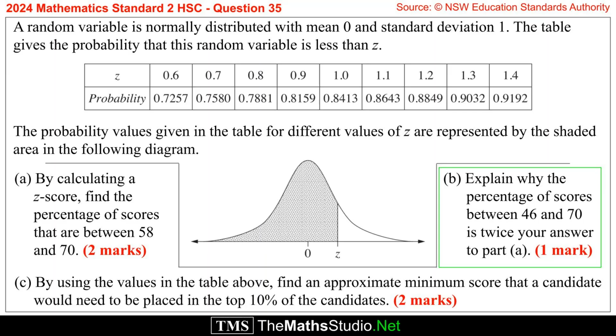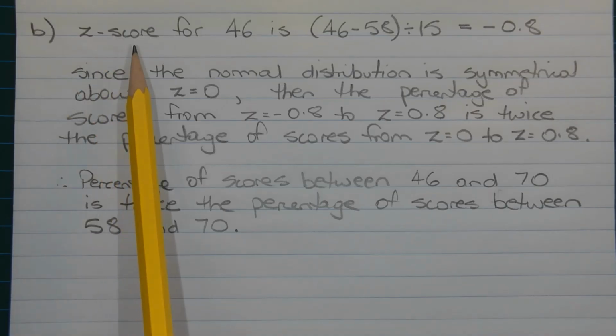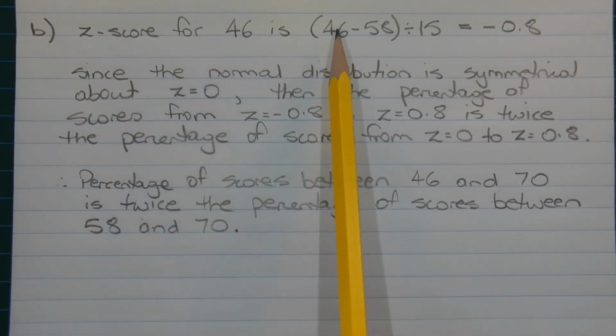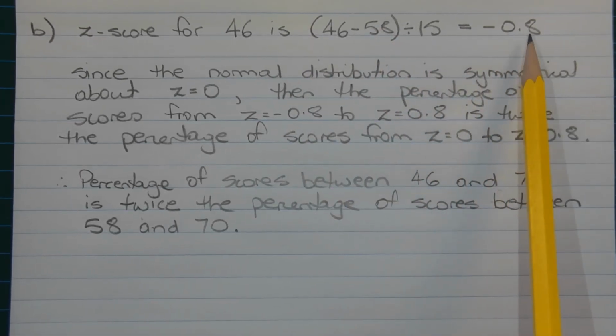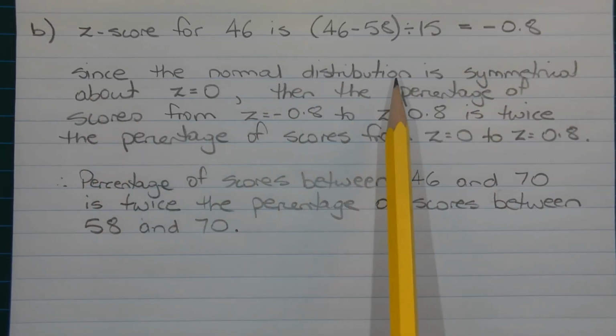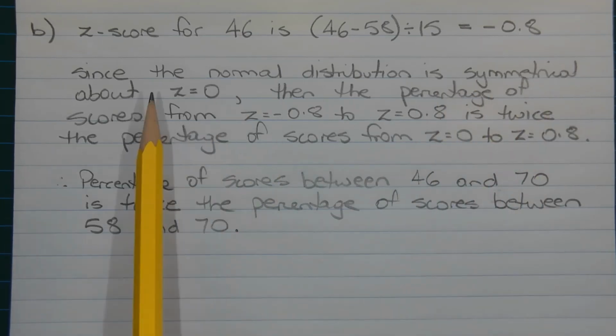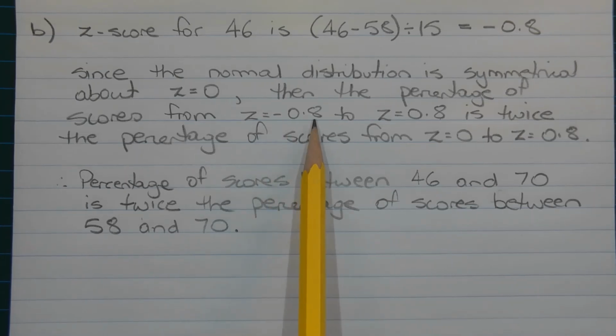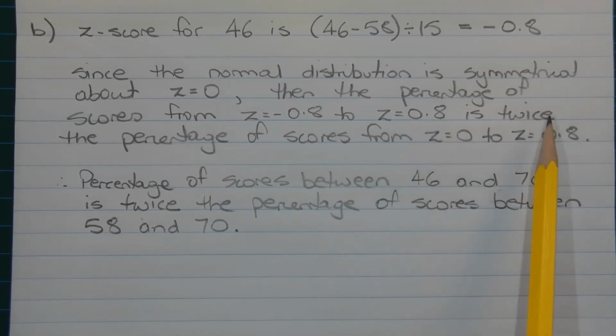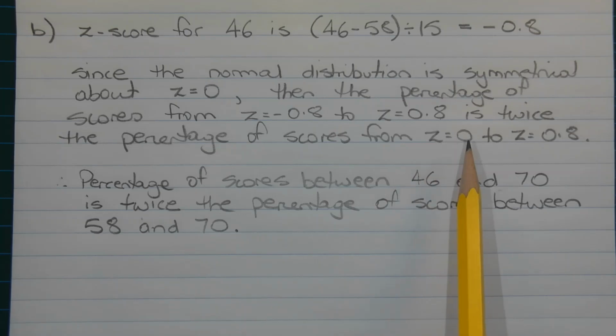Part B. Explain why the percentage of scores between 46 and 70 is twice your answer to Part A. The z-score for the raw score of 46 is given by 46 minus 58 in brackets divided by 15, which equals negative 0.8. So we're just using the z-score formula that we used in Part A. Since the normal distribution or the normal curve is symmetrical about z equals 0, then the percentage of scores from z equals negative 0.8 to z equals 0.8 is twice the percentage of scores from z equals 0 to z